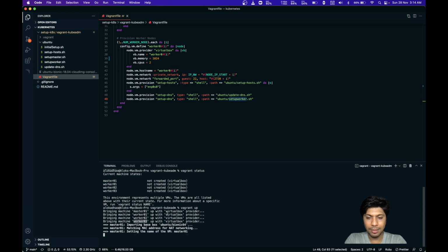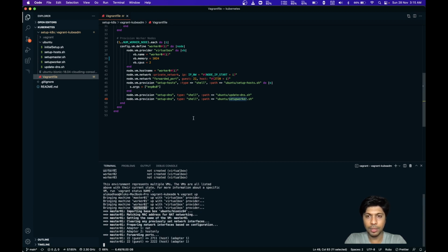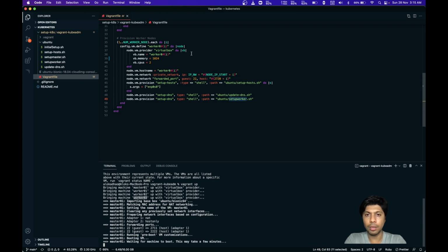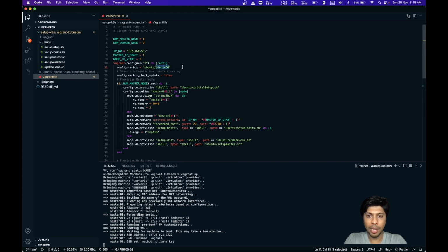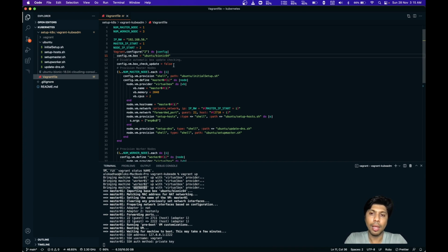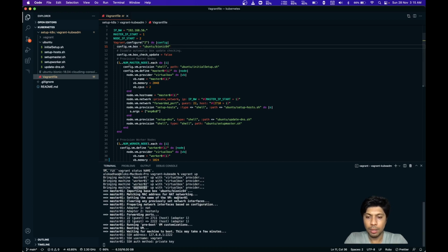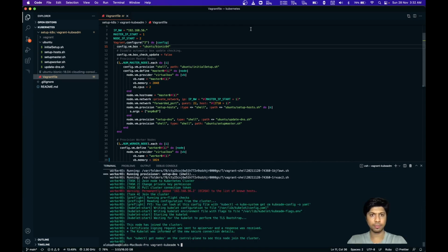It takes a bit of time. First it will pull the Ubuntu Bionic 64 OS. This is 18.04 LTS Ubuntu. This script will take a bit of time to complete, so I'll resume the video after the script is completed.